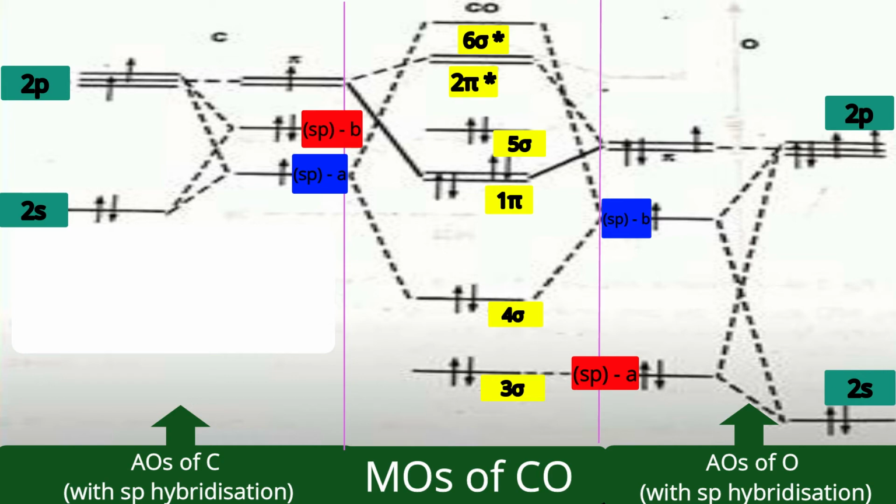2 electrons in 4 sigma will give 1 bond, that's the sigma bond, and 4 electrons are there in 1 pi, those are responsible for 2 pi bonds. Specialty of this diagram is 5 sigma orbital, which is the highest energy orbital and it is non-bonding, so it is freely available. Who is contributing that non-bonding orbital? Carbon. Therefore, carbon can donate the lone pair. It's a specialty of this diagram, and that was not explained by our simple approach. Therefore, we came to this diagram. Let us see other aspects which are explained by this MO diagram.